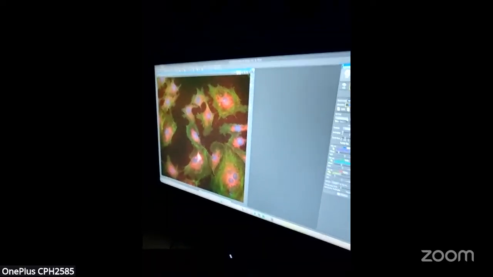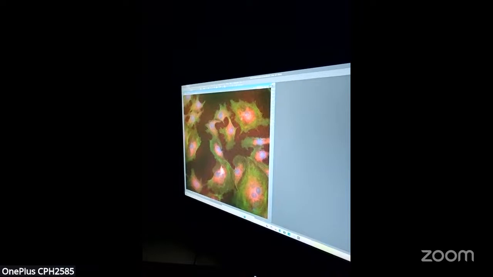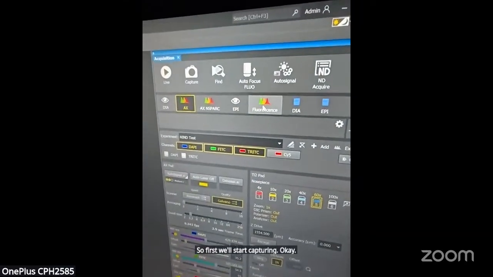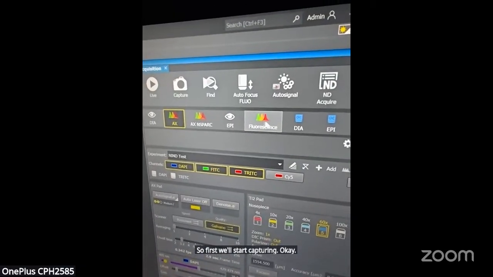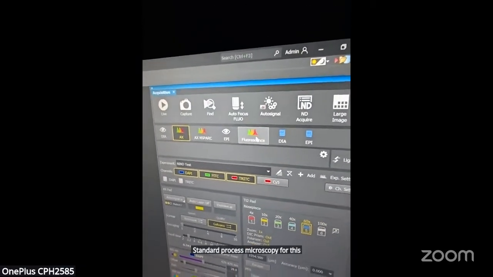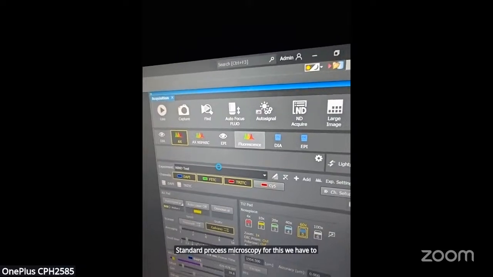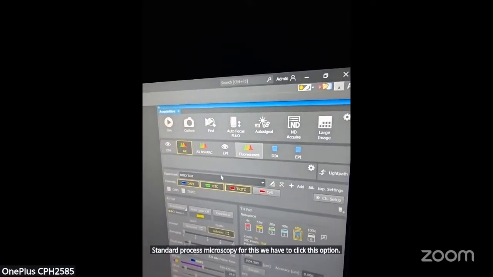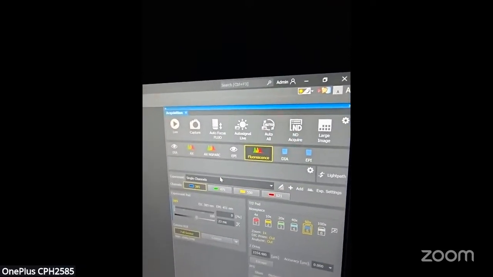So first we'll start capturing in fluorescence mode. Okay. Standard fluorescence microscopy. For this, we have to click this option. Okay.